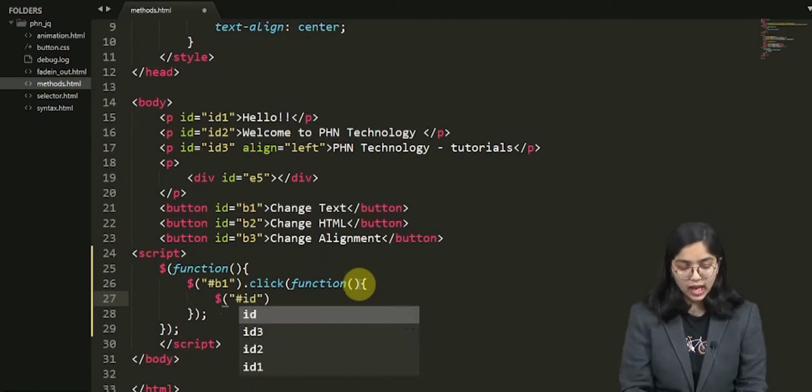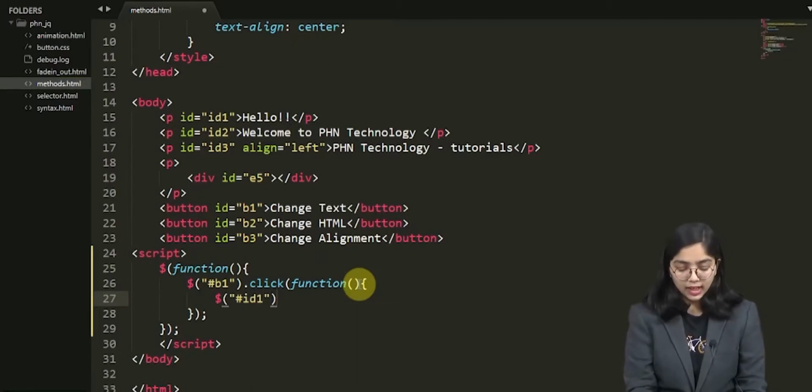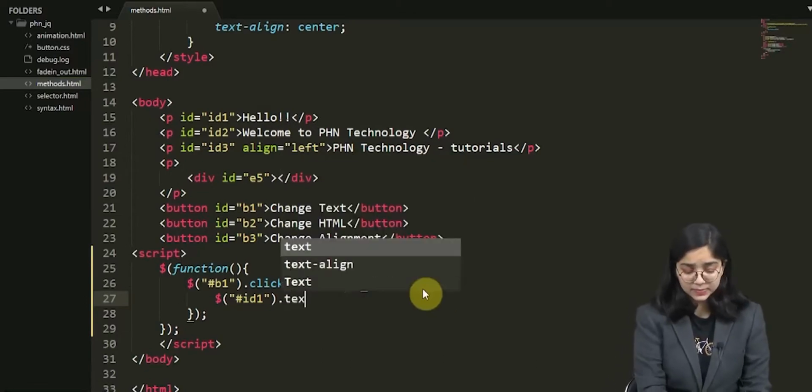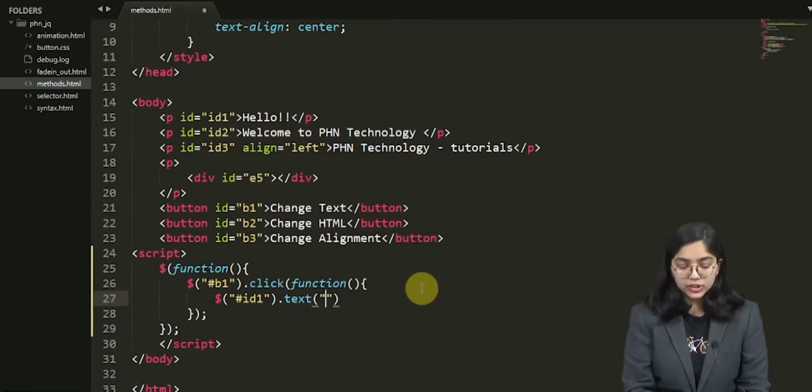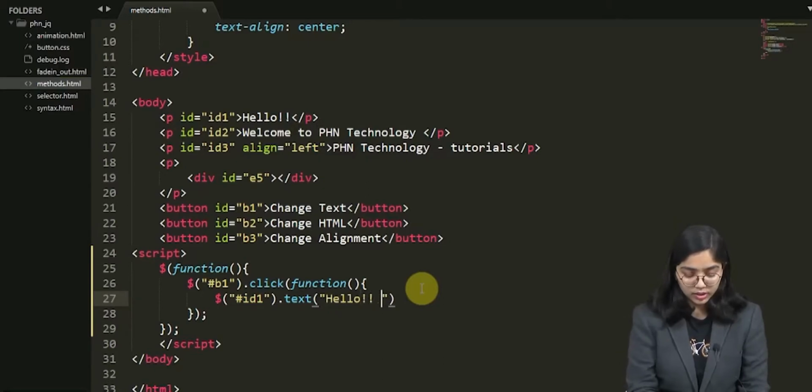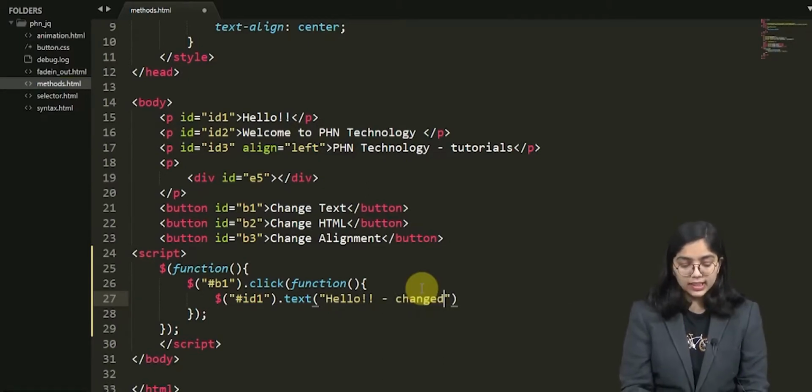This is ID1. And here I'm going to use the text method. In this, I'm going to change the text to, let's say, hello changed. This was my first function.